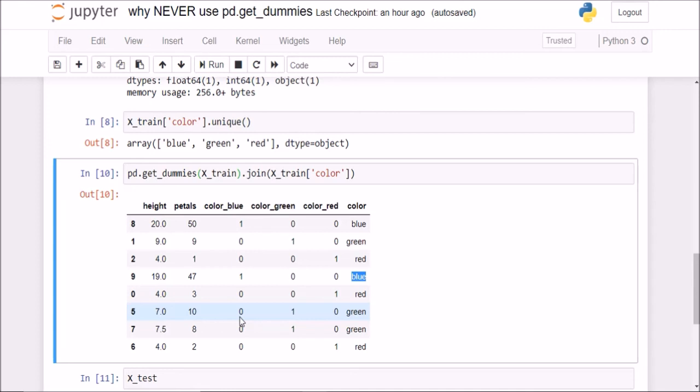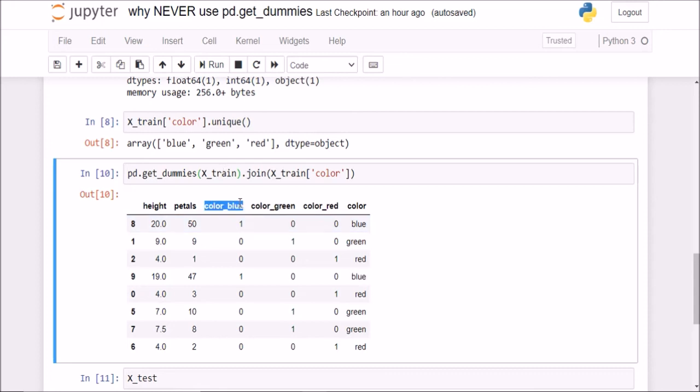So it basically depends from case to case whether you need to drop one of the columns or not. Because for example, if you drop this blue column here, then even though no data loss is occurring, you are losing one whole column. So if you're using a feature selection algorithm to select the best features for your model, then your model will never see this blue color feature, right?